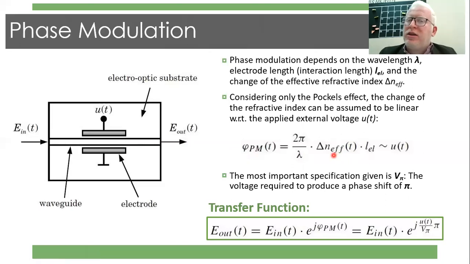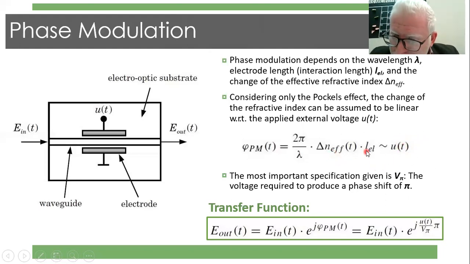Here we call this the effective refractive index, because we include the effect of the electrical field variation in the refractive index. That's why herein I'm using the term delta N effective instead of N. So when it's N, it's constant, but this delta N effective, as you can see, is a function in the